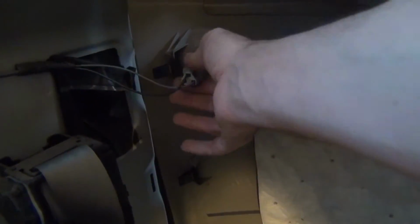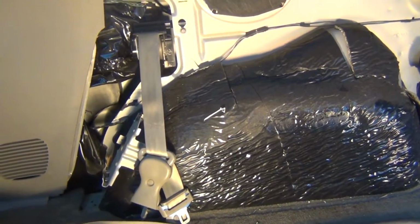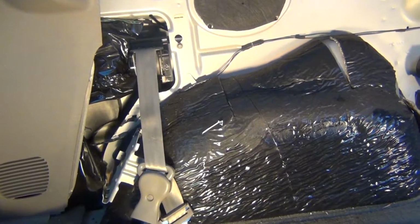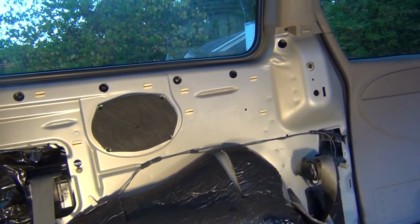I got this cigarette power supply thing here. You get it unplugged and remove it, and this thing will come out. There it goes. Alright, so this is with that panel removed. Obviously the wheel well here, but I don't know what I'm going to do here. Probably just going to put the panel back on,